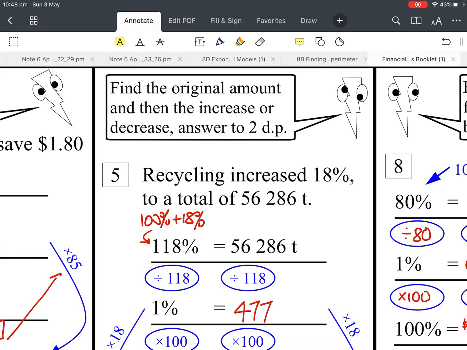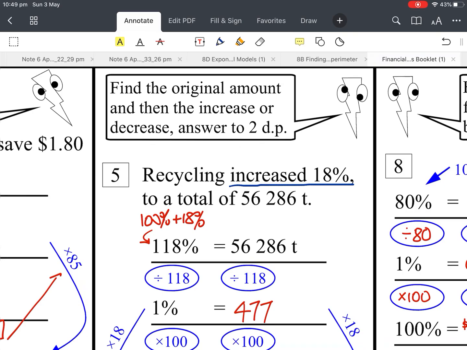So what you need to do is, if you remember, when we increase by 18%, we learnt this at the end of last term. When we increase, we actually add 18% to 100% to work out our percentage. So that gives me 118% to start off with. That's my increased amount. So we've started off with 118% equals